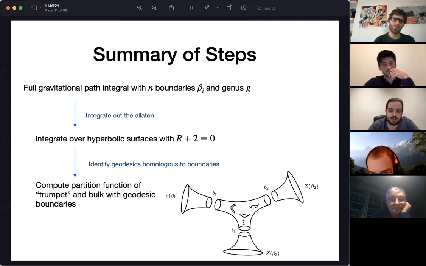And then we have this bulk term with geodesic boundaries. The nice thing about this is that there is no boundary mode here. So the only contribution from this is basically you just have to count the number of hyperbolic surfaces, and the way to count it will be to compute the Weil-Petersson volumes. Well, of course, it's a moduli space, but it's just